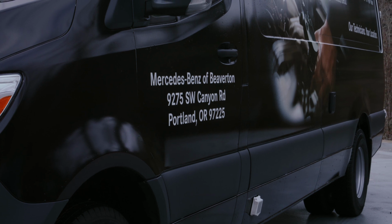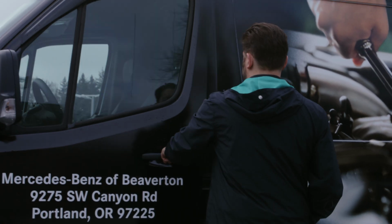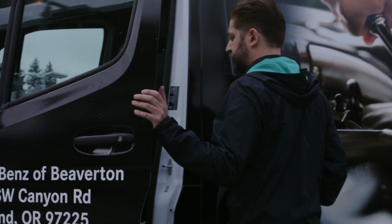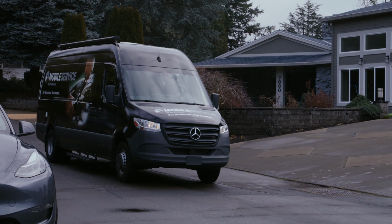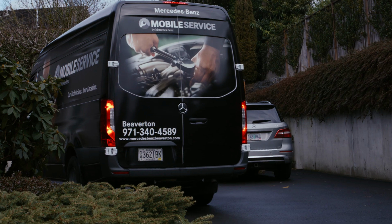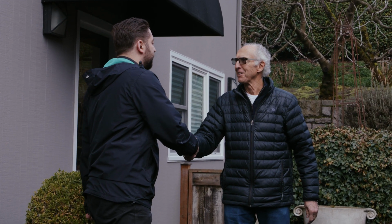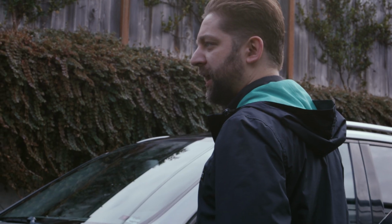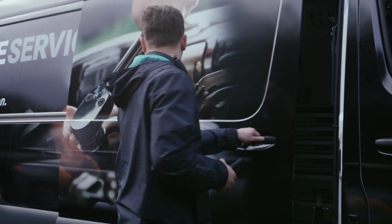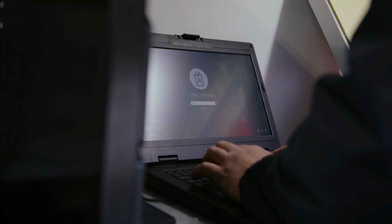Mobile service is an idea that we've had for quite some time. As of late, we were able to bring that finally to a reality. So mobile service is exactly what it sounds like. It's an optionality for the client to receive service, convenient to them for their schedule, at a location that's not here in the building. So we can come to their house, their place of business, if it accommodates, and perform a multitude of light duty maintenances and services, small repairs, recalls, service campaigns, even some minor diagnostic work can be